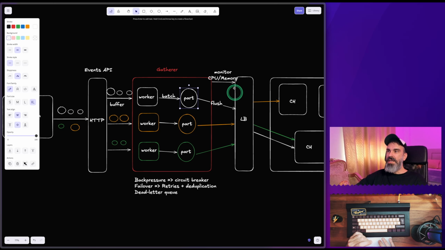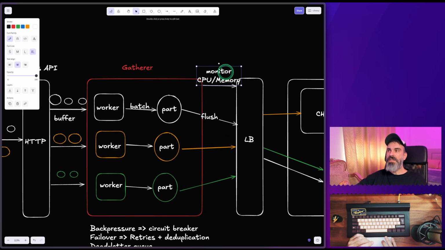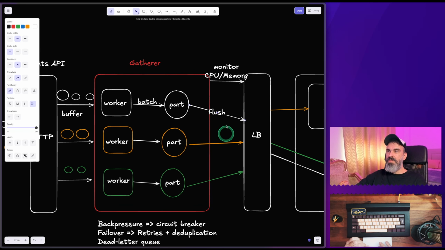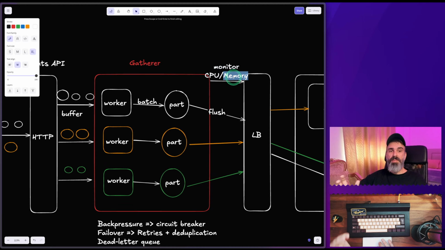Now, it comes with automatic back pressure mechanism because it's constantly monitoring CPU and memory of the ClickHouse cluster. So whenever there is some server overloaded, it's gonna automatically delay flushes or enable some circuit breaker for several seconds or a minute, depending on the CPU load. On the other hand, it also monitors memory, because when you insert into a table in ClickHouse,